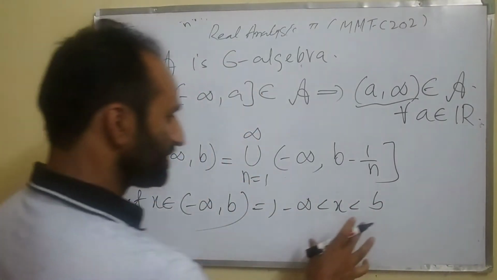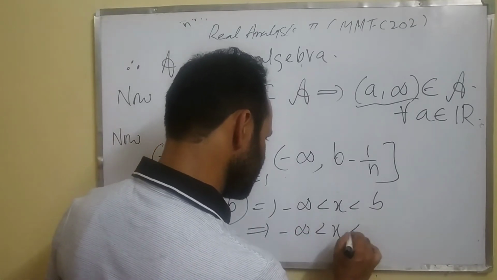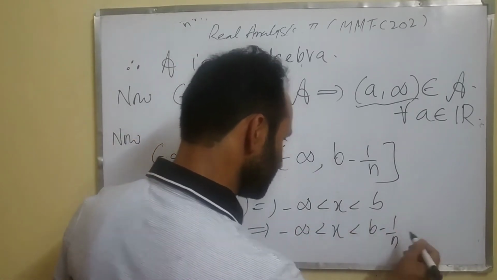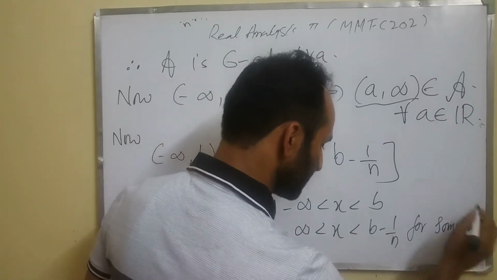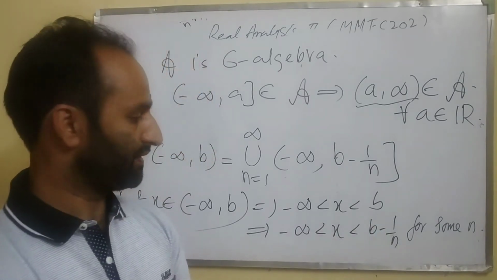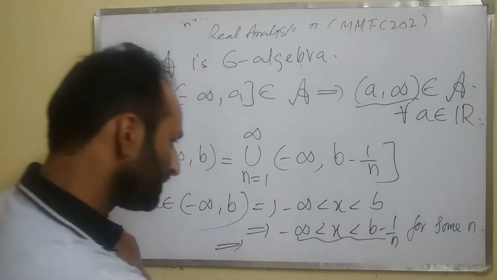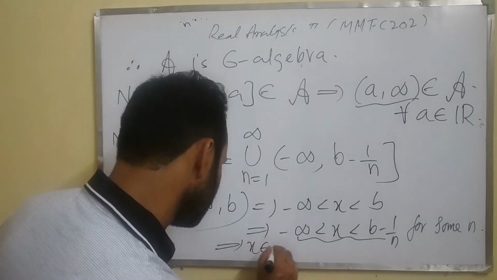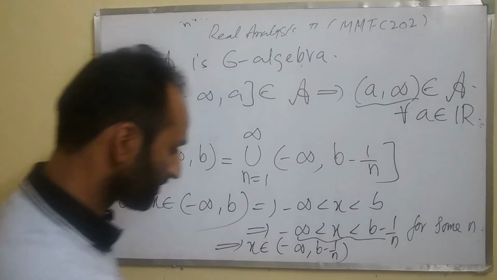Then I can choose n so large such that x remains less than b minus 1 by n. But this gives that x belongs to minus infinity to b minus 1 by n,